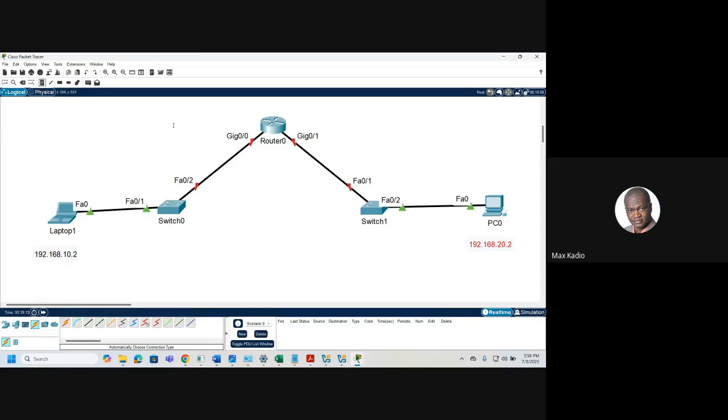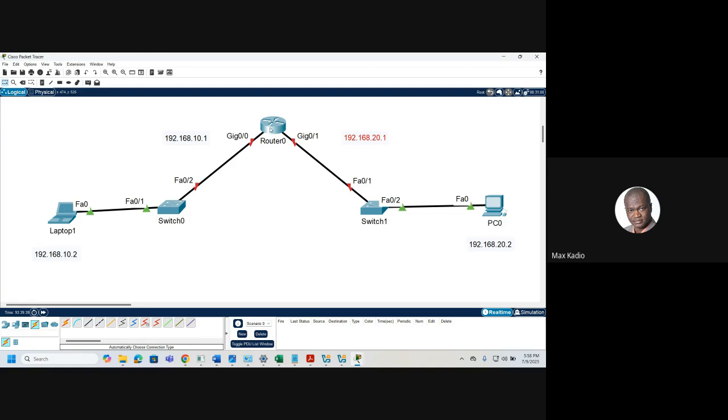This interface, I'll put 192.168.10.1. For subnet mask, we use the default. And 192.168.20.1. Okay,